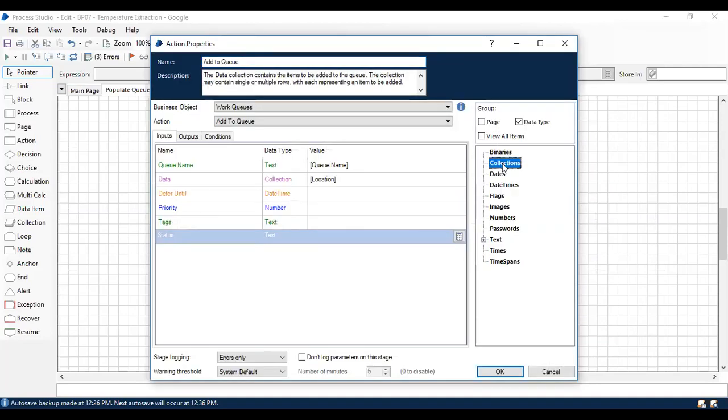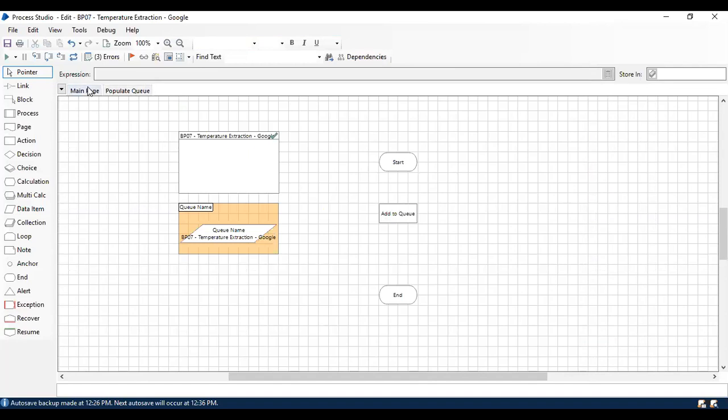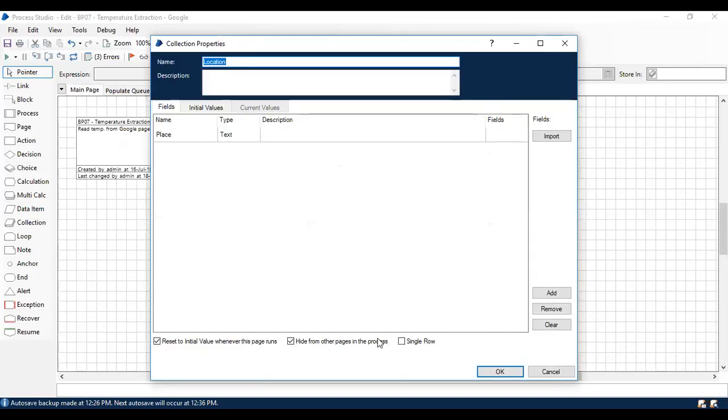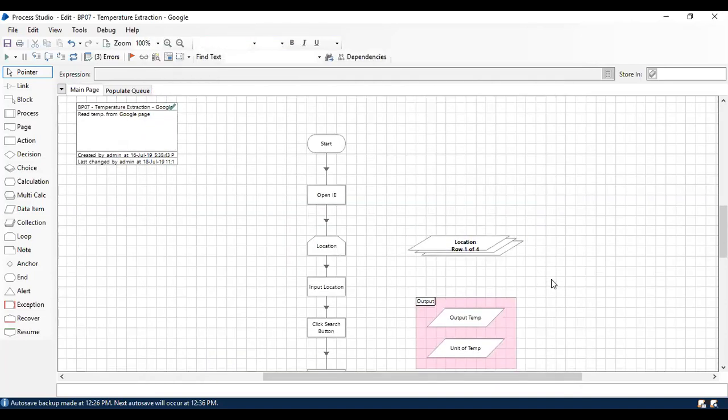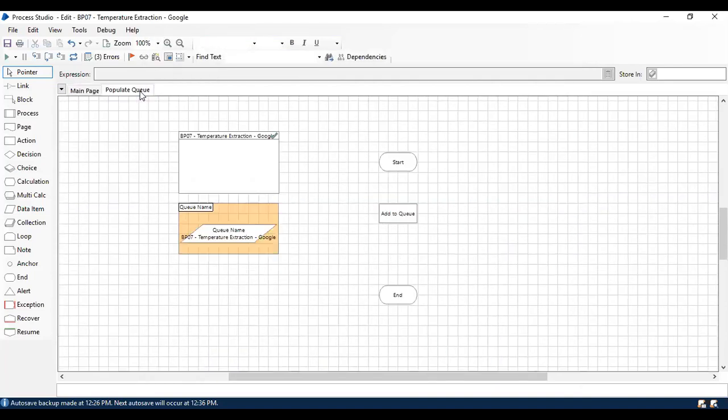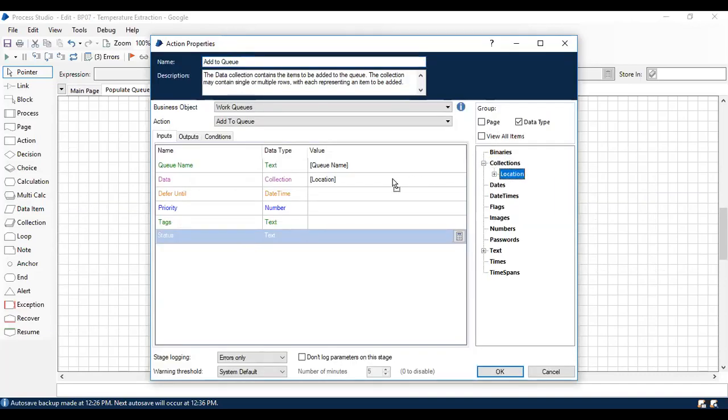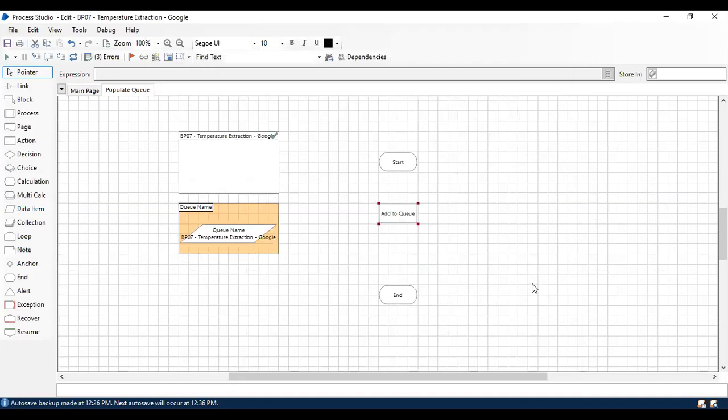If I double click it, earlier I had the option to choose a collection, but right now it is hidden, so you will not be able to choose the collection. That is more of a private and globalization of your collection. Just click OK so that it will be available publicly across all the pages. Now I'm going to use this collection here. It looks like it's coming back again, which means it has now appeared as a global one. Earlier it was private if you clicked the checkbox.